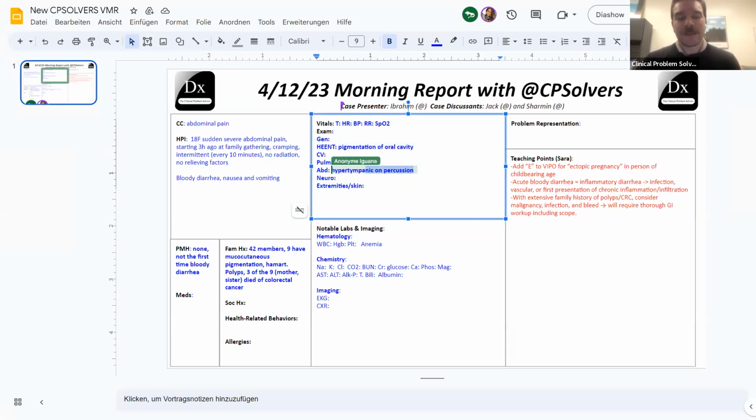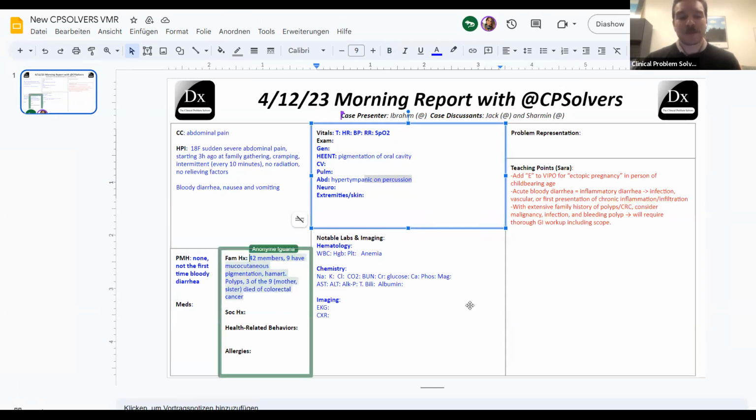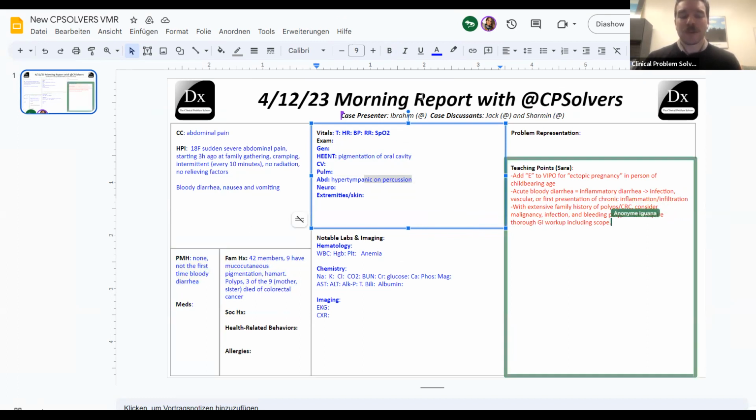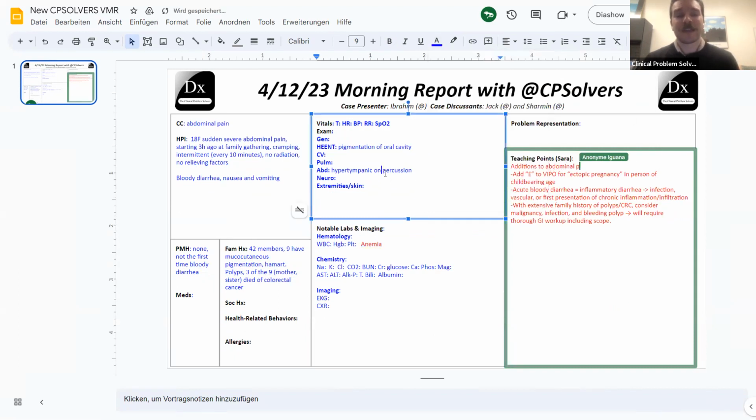One of the things that I'm contending with here is that I usually think about lower or middle GI bleeds from things like polyps or other abnormal tissue formations as usually being a painless process, right? If we think about a diverticular bleed, for example, that's usually painless bleeding. And if a polyp happens to have abnormal vasculature on its surface, I would expect that most often, if it's just the polyp that is bleeding, it would be a painless process. And so the introduction of pain here makes me wonder about the possibility of complications of polyps, right?